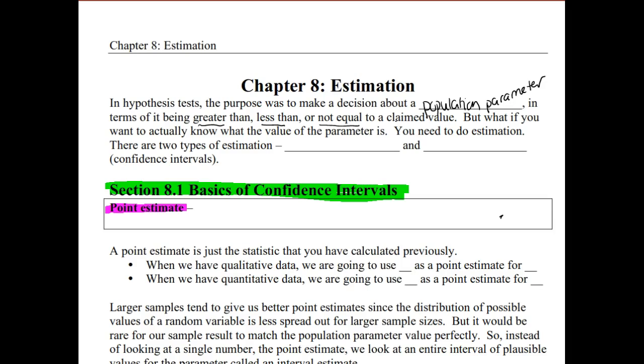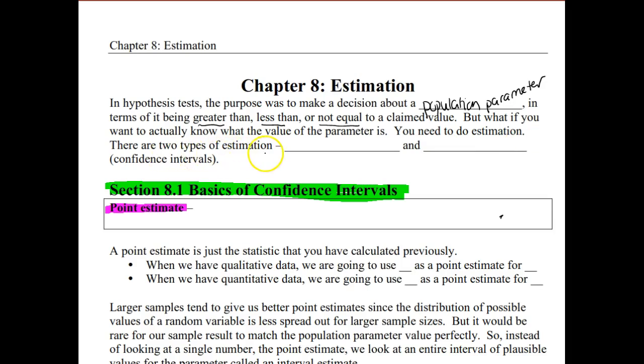So remember, in hypothesis testing, we always start assuming the null hypothesis is true, which means at the end we can never prove it's true. So at the end we can't say we have significant evidence that mu is 2. We can only say there's not evidence that it differs from 2 or is less than 2 or greater than 2. So in this case you would need to do estimation.